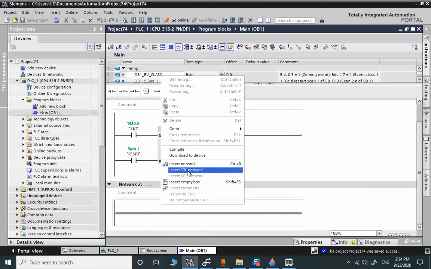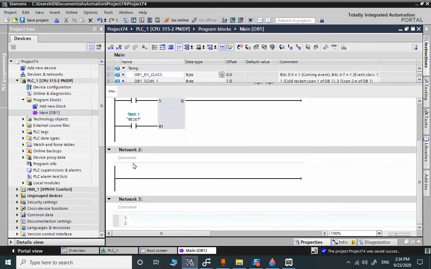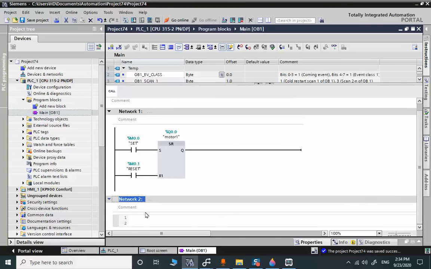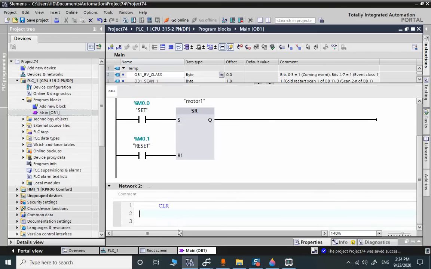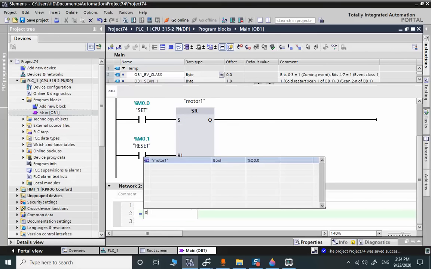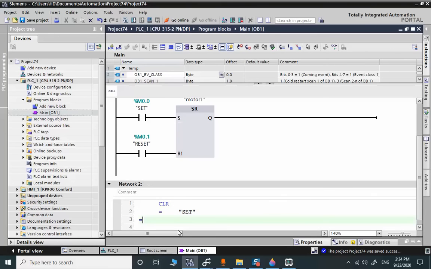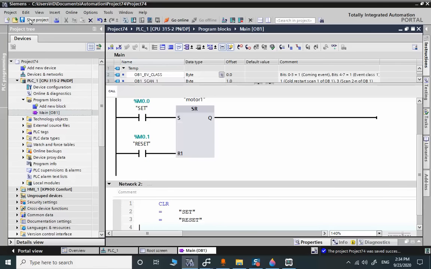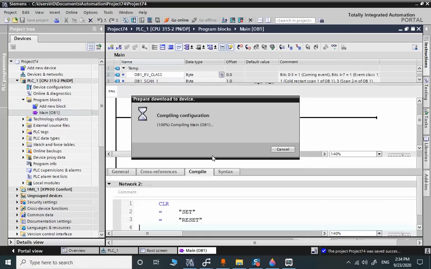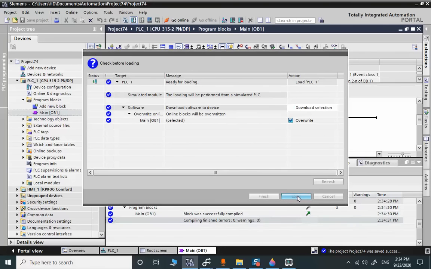For simplicity, I will do that in STL because it's easier to clear signals in STL. Zoom in. Clear is equal to M00 and is equal to M01. Save, download. Download it to the PLC,